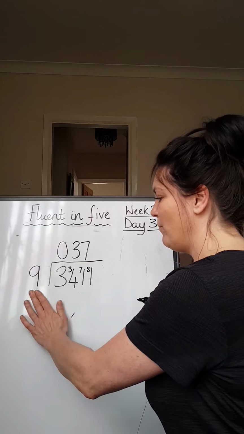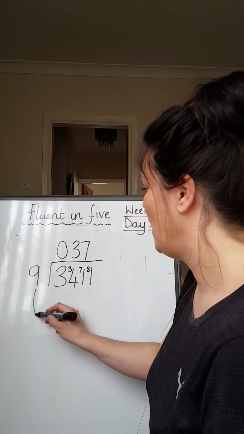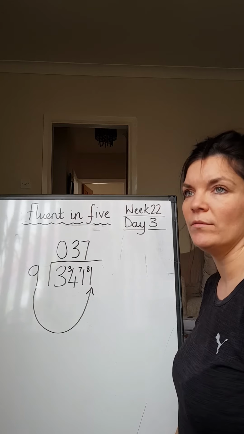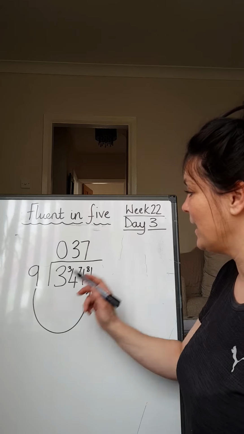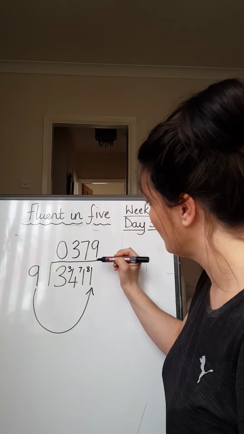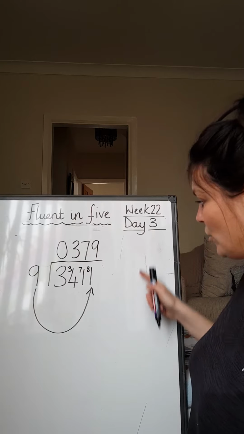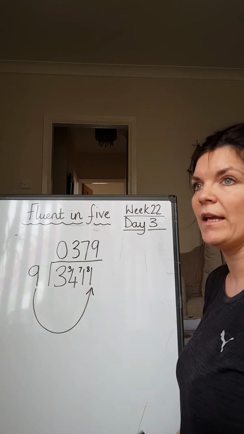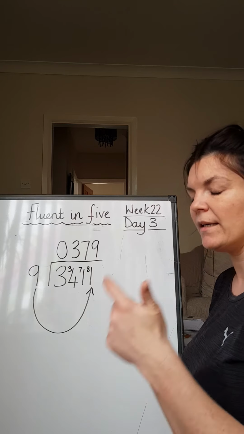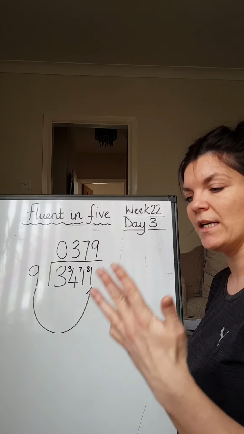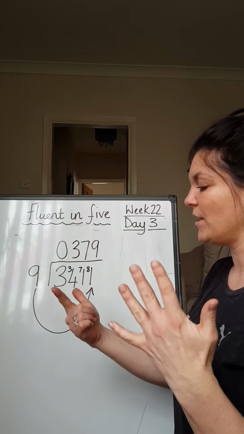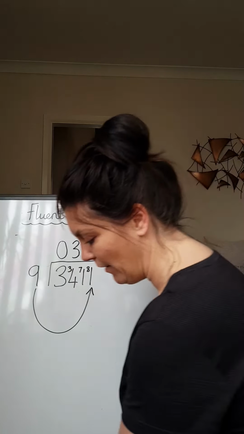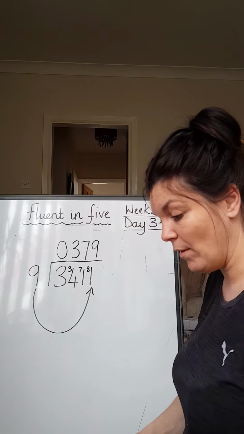Last piece of maths to do. How many 9s can I get into 81? Well, I know my 9 times table. 9 times 9 is 81. Let's just double check for those people. And it is a good little tip that we use sometimes in class to write the times table out. And that keeps you right. 9, 18, 27, 36, 45, 54, 63, 72, 81. So there's 9 exactly. Today we don't have to write a remainder on the end.